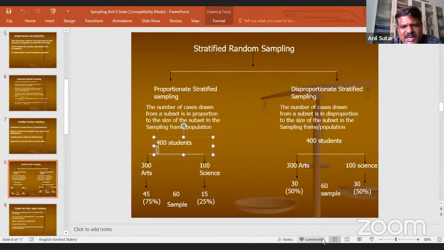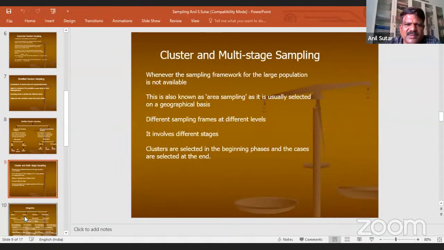These things are very important for young budding researchers while developing their proposals. A holistic view of what kind of method one should follow is very important. Then in random sampling, the last one I am discussing is cluster and multistage sampling.